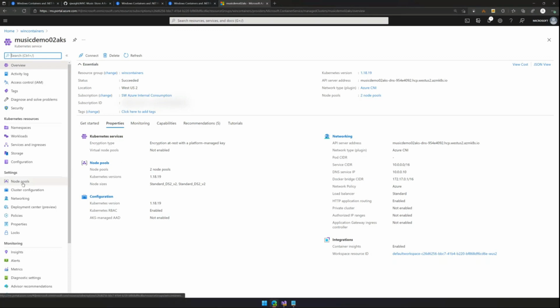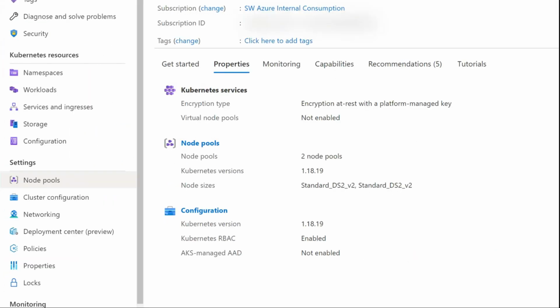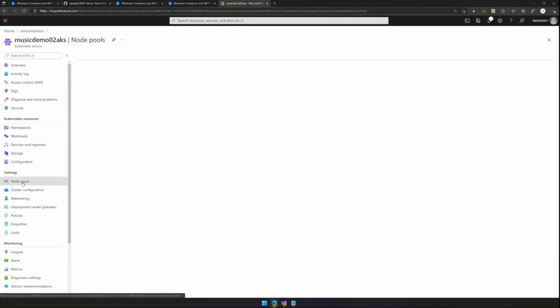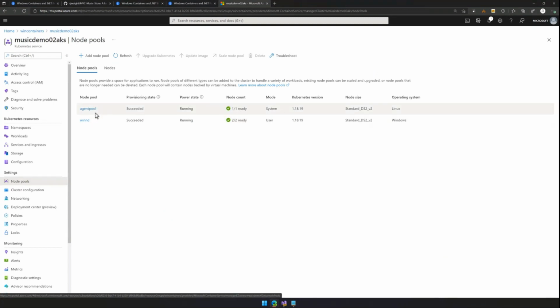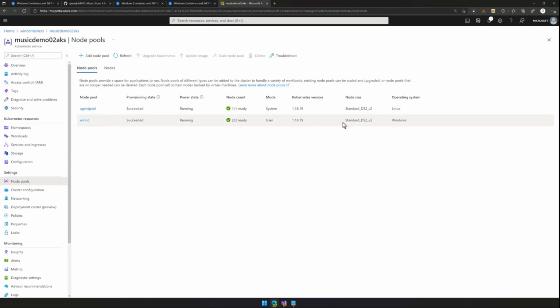come into play. So if I click on node pools over here in the settings panel for AKS, I can see that I've got 2 node pools for this particular Kubernetes cluster. I've got the default out-of-the-box agent pool, which is from the Kubernetes default setup, which is running Linux, and I've only got one of those running. And then I've got a Windows operating system agent node pool, which has got 2 instances running, and they're both running Kubernetes 1.8.19, and they're running on particular types of VMs inside of Azure.